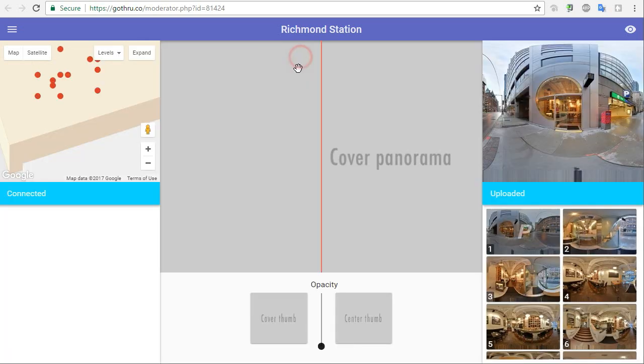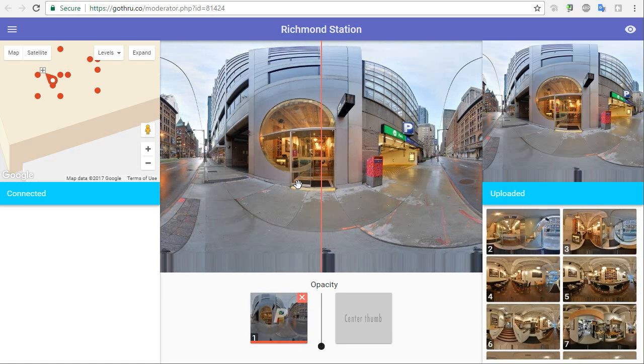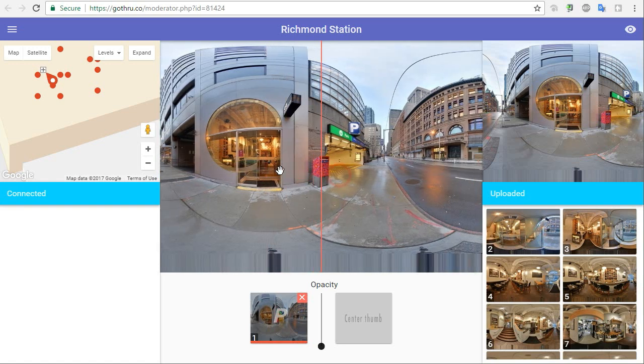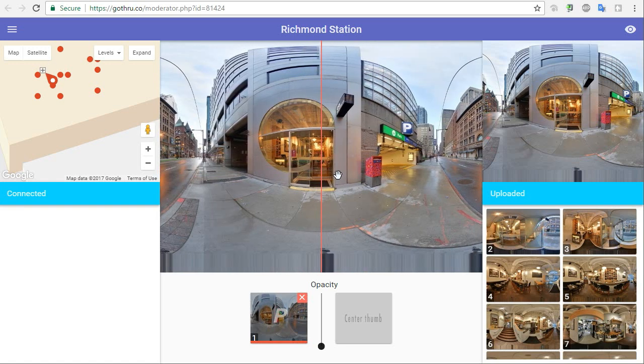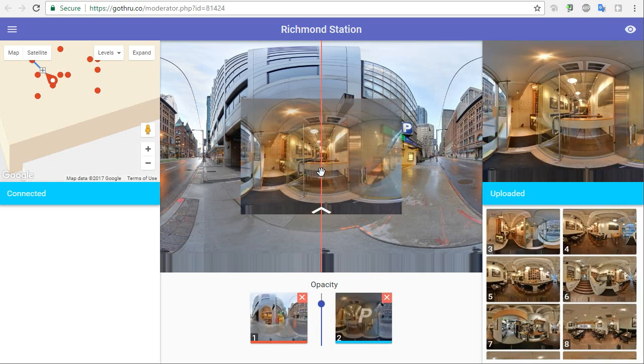And here we have a map. We can expand it. So the process is you start with your first image by double clicking it, and then you rotate the panorama to where the next panorama is. Now in my case, the next panorama is right in the door, so I just click on this panorama, and